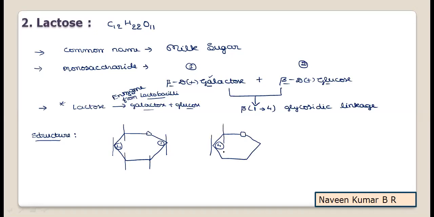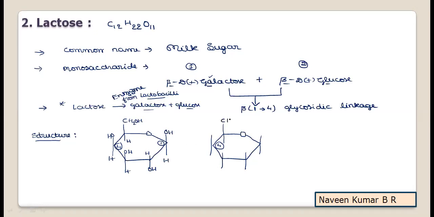In maltose, you have seen the U-shaped linkage for the disaccharide. Here you will get the N-shaped linkage, which we'll try to observe now. So it is CH2OH, H. If it is a glucose, it will start from H. As it is a galactose, it is an epimer with respect to the 4th carbon, so you change that. Then the third is the same, OH, H. Then H, OH. Here as it is beta, it is OH and H. I will write the monosaccharide first, then I will show the linkage.